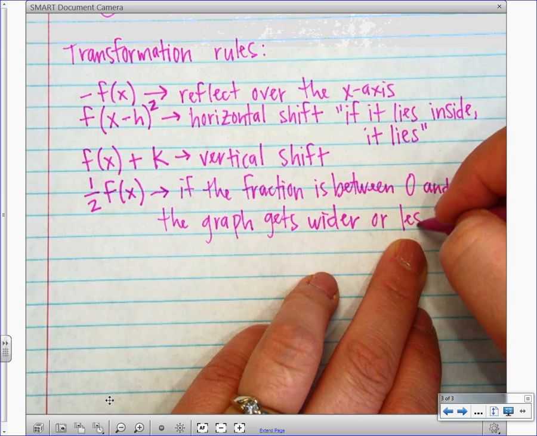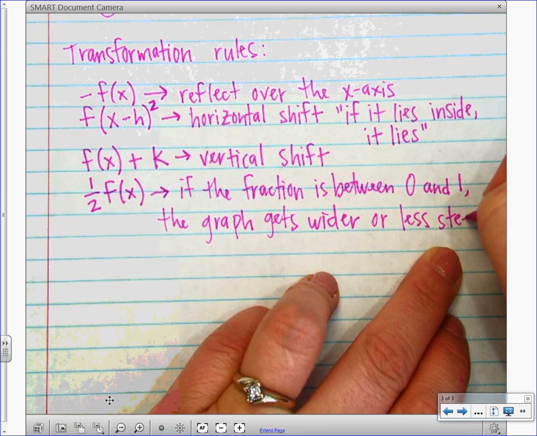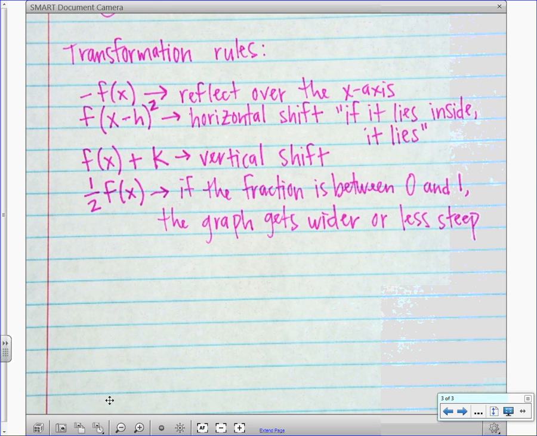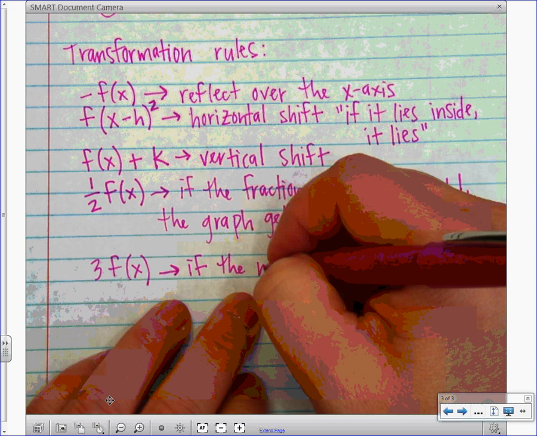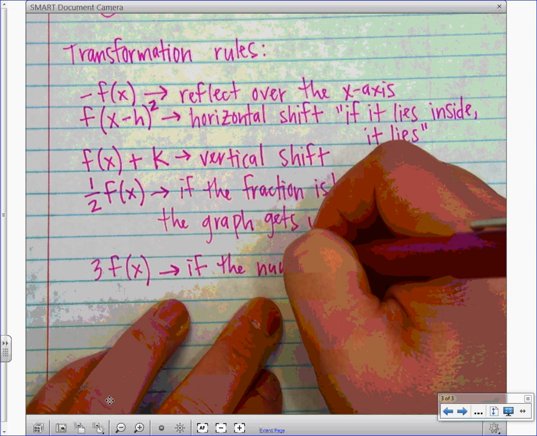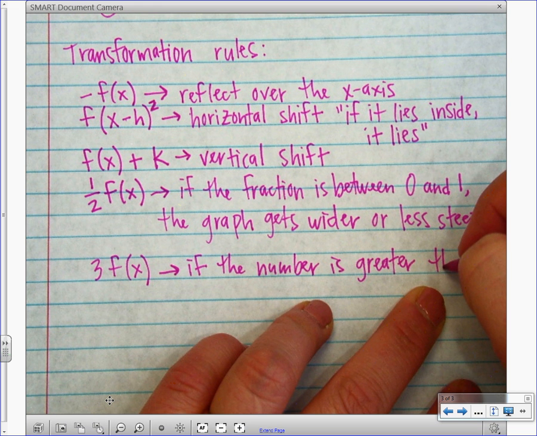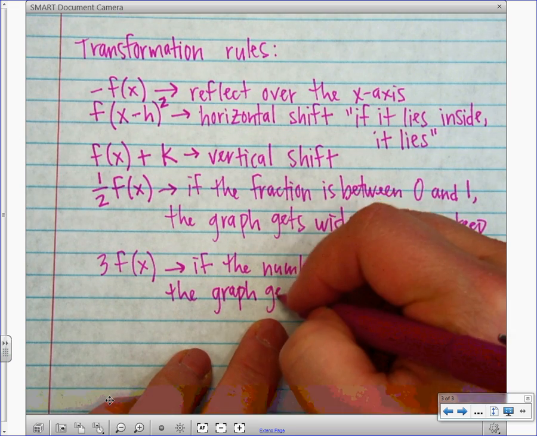So depending on what the shape of it is, it'll get wider or it will be less steep, okay? Then if the number is greater than 1, the graph gets steeper, depending on what. Have a little, so we can do like, for example,